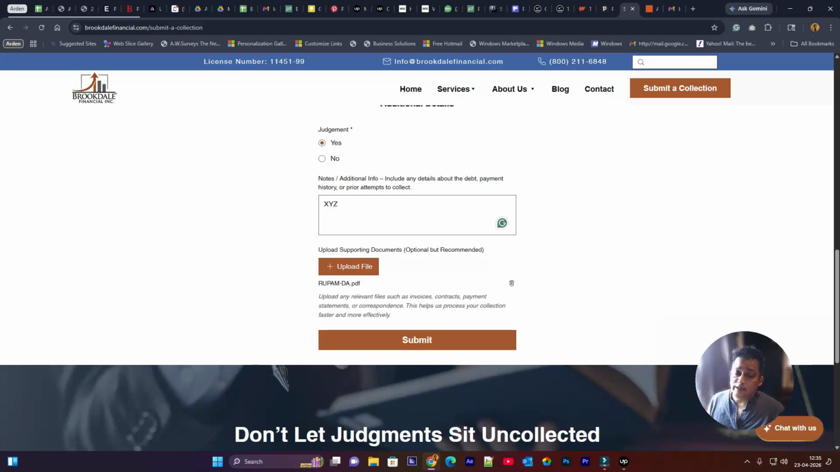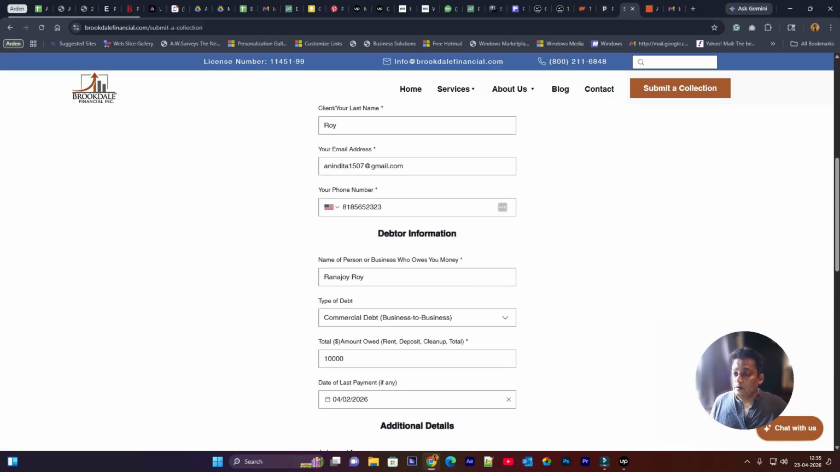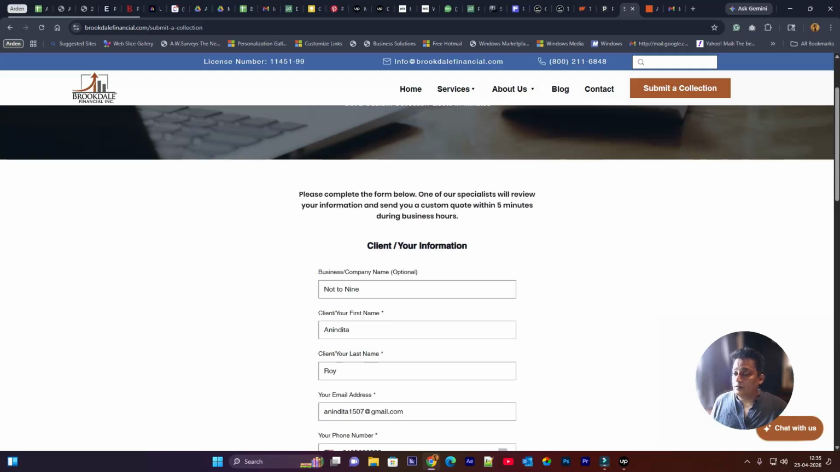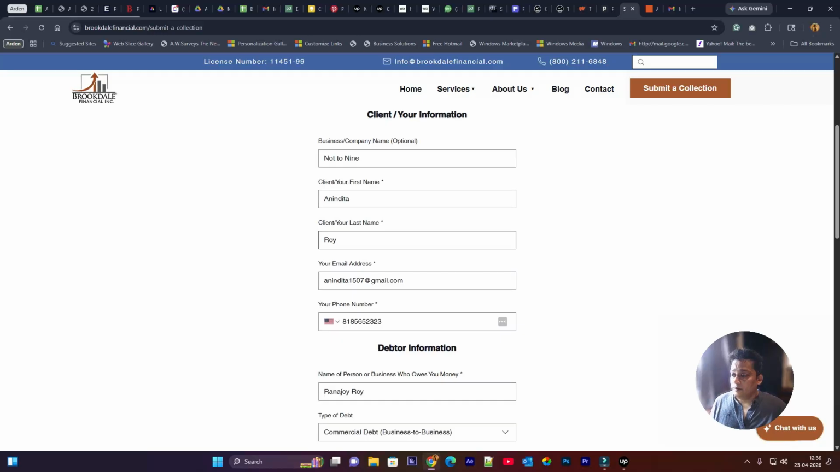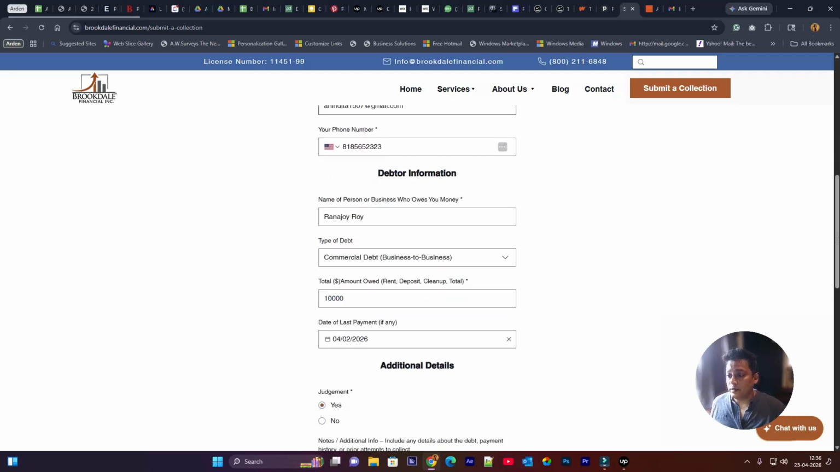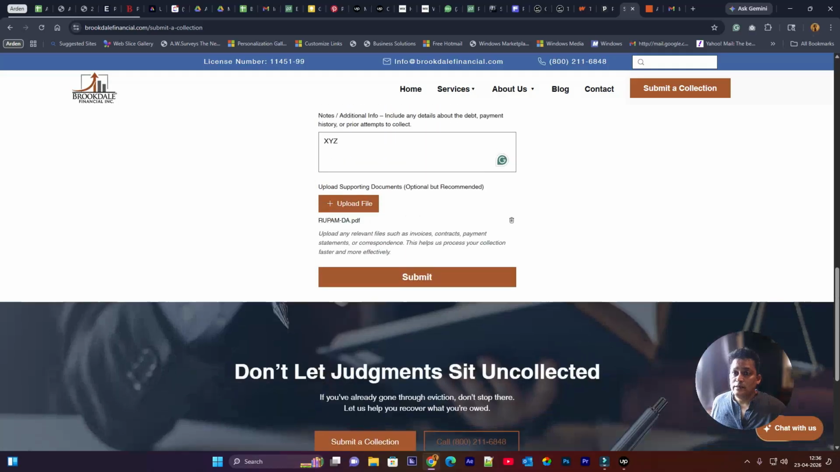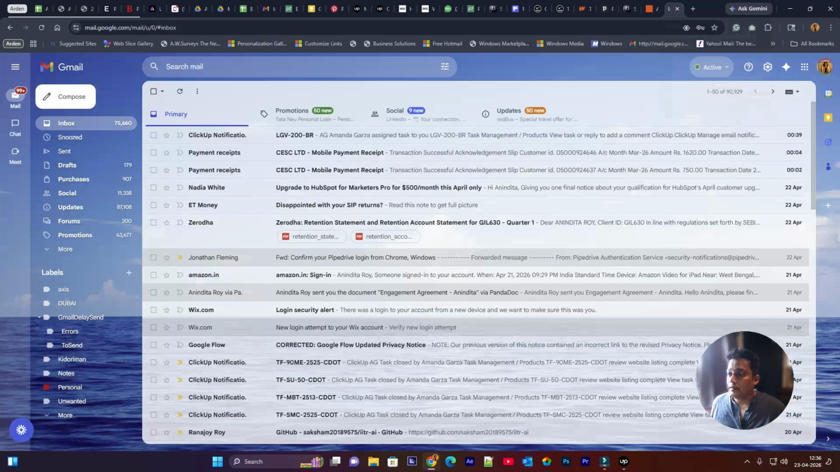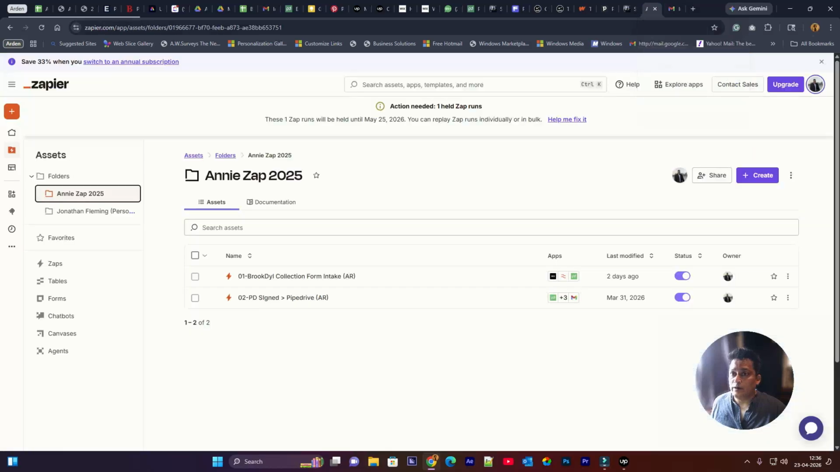This is just the intake form for the clients of Brookdale Financials, where the user can submit the required information about debts they have taken on the business, and I will just click on my email. I don't have any email from PandaDoc right now, and the Zapier that will run will be this one,